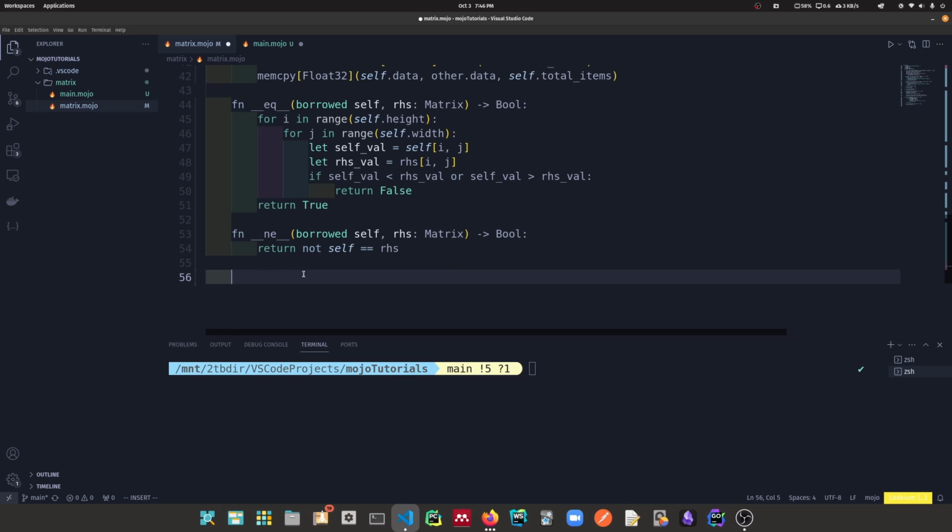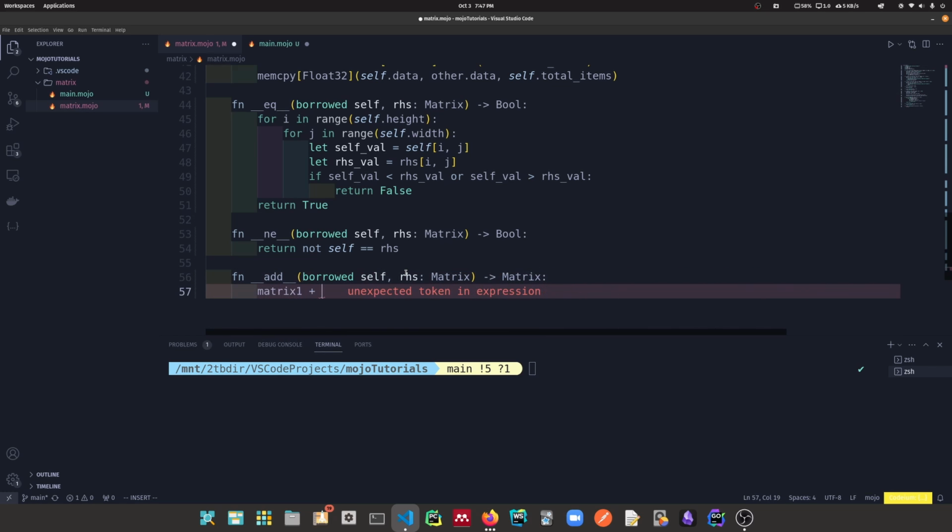Now let's define some operators. Our matrix needs to be able to add and subtract and multiply and divide. Let's define those arithmetic operators, starting with add. So add, borrowed self. We're returning a new matrix, so we can just use borrowed self here. And also right hand side matrix, and it's going to return a matrix. So essentially we're trying to do plus matrix RHS. Let's just do matrix 1 plus matrix 2. That's what we're trying to define, this add